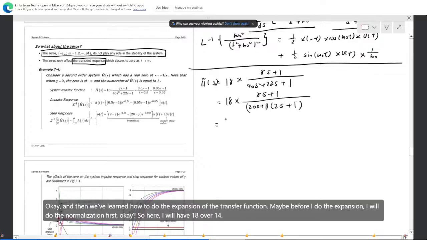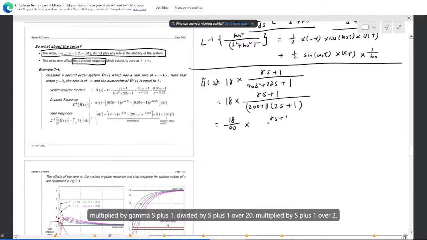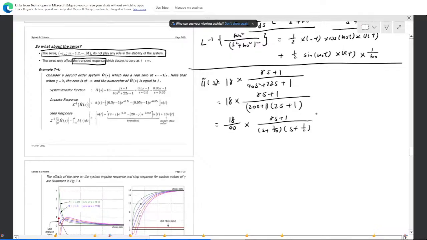Okay. And then we've learned how to do the extension of the transfer function. Maybe before I do the extension, I will do the normalization first. Okay. So here I will have 18 over 40 multiplied by (gamma s plus 1) divided by (s plus 1 over 20) multiplied by (s plus 1 over 2). Okay. And then I know that this will be equal to